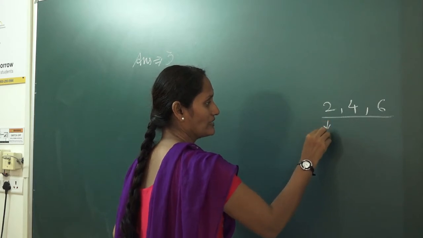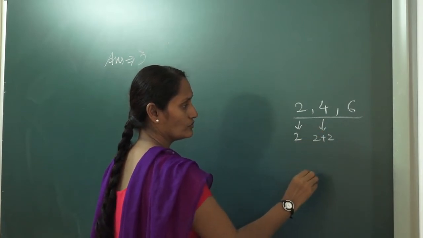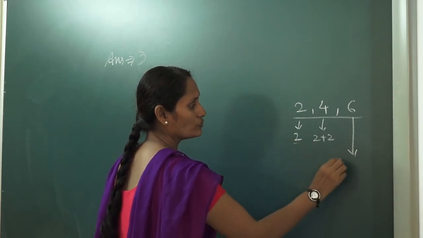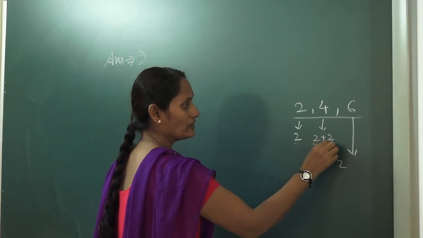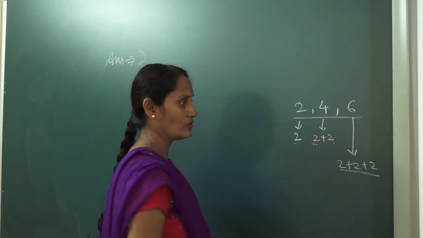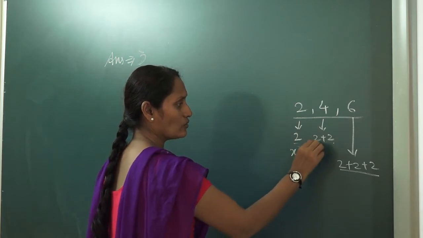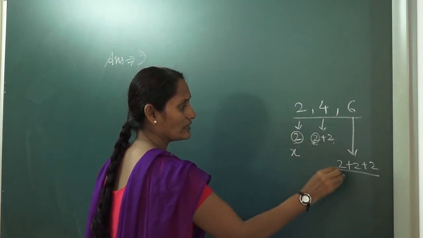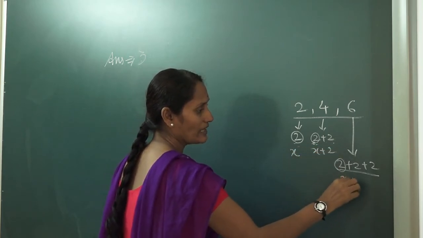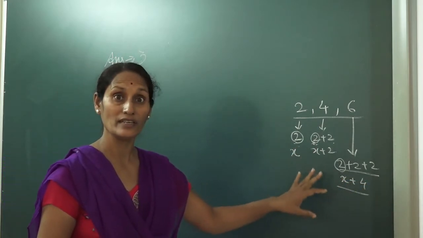Now how did I get this? Now this 2 as it is. But how did I get this 4? To this 2 when I add 2, I got 4. Now how did I get this? Now to this 2, this 2 you can take this number. To this when I add 2. So this 2 and this 2. Okay. So when we are going for the variable format, suppose this is x. So this is my x, which one I have circled is my x. So this will be x, so x plus 2. This is my x, means x plus 4. Is it clear? So these are the numbers, how to get consecutive even numbers.